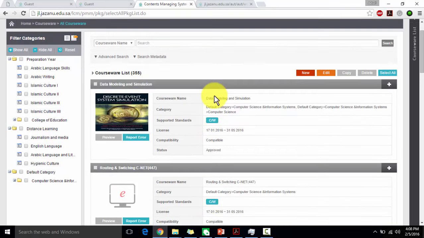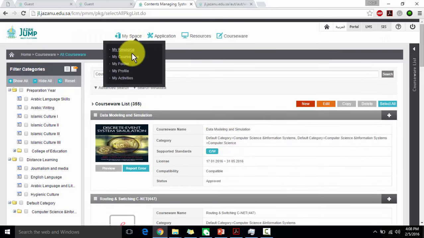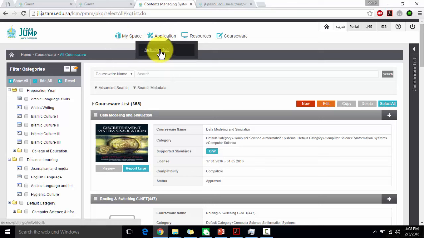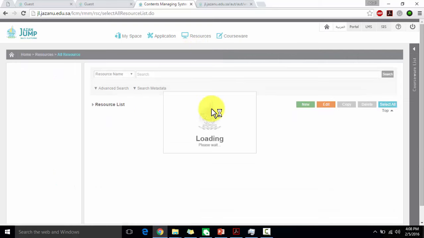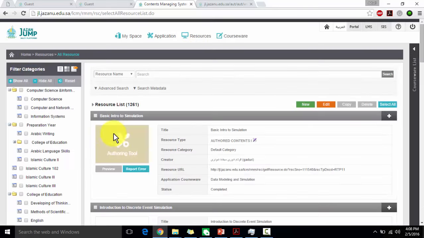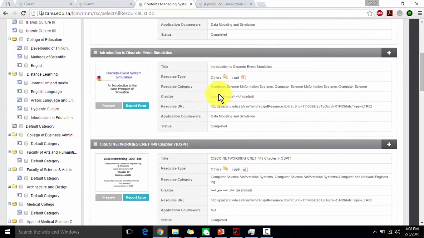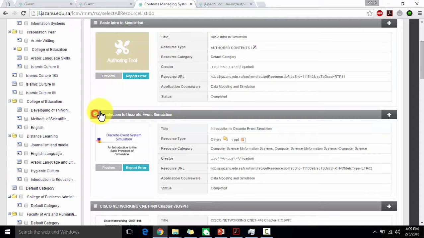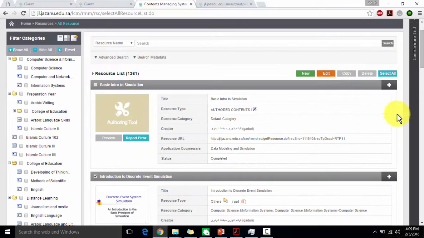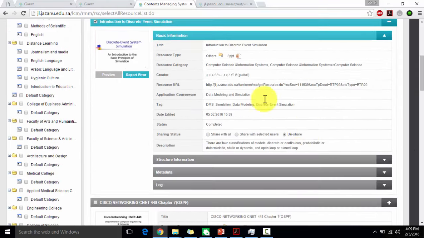So in this module we have seen how we can manage all my resources. This one is related to your thing, and how we can manage the authoring tool, which is called the main resource, and how we can manage the sub resources, which you can add. And one thing I want to tell you is how we can edit after you uploaded something wrong. Just click on it and you can edit from here, if there are any changes that you want to make.